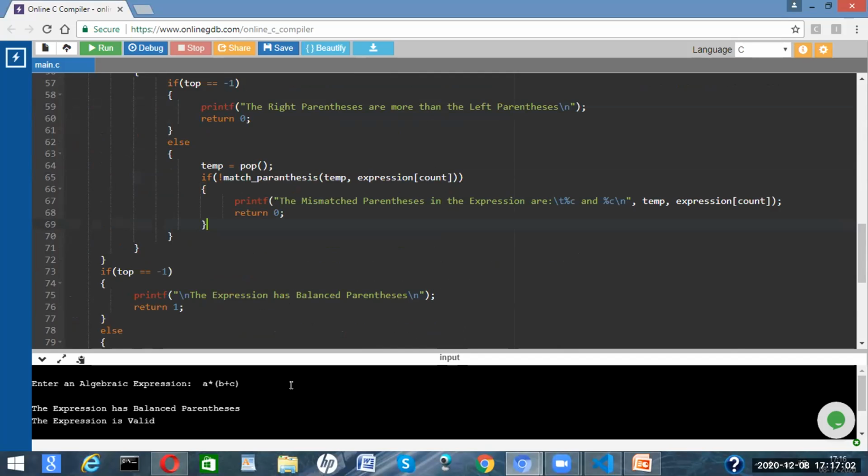Okay, what it means is, if you give multiple expressions, like this, we are giving another parenthesis. Right parentheses are more than left parentheses, it will return 0. That means if you give an expression like this, with another extra parenthesis, then it will return 0. Else, if you're not giving like this,